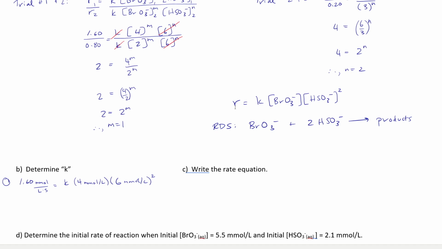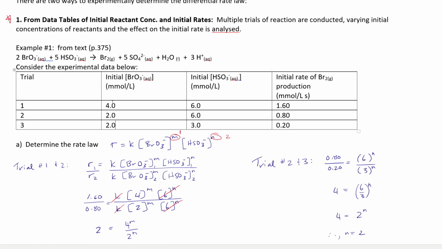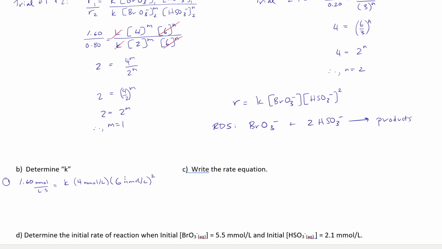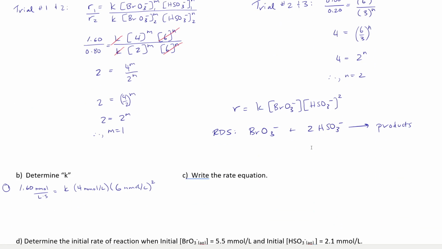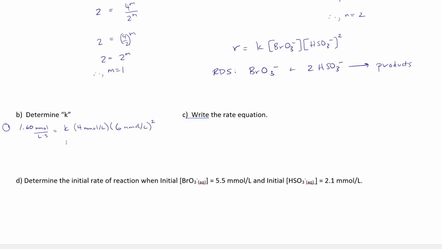Okay, so the rate 1.6 is equal to K, 4 millimoles, that was the initial concentration of bromate in the first trial. Initial concentration of bisulfite is 6 from the first trial, raised to the exponent of 2. Okay, and so then what I'm going to do is I will bring everything over to one side. And so this will end up being